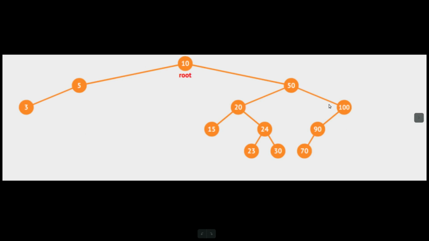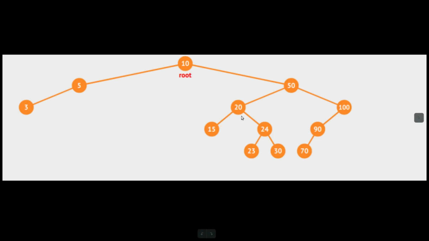Before that, the right child is checked. The right child does exist, so 100 is pushed onto the stack, followed by 20. So at this point of time, 100 and 20 are on the stack. 20 is at the top. Then 20's left child is